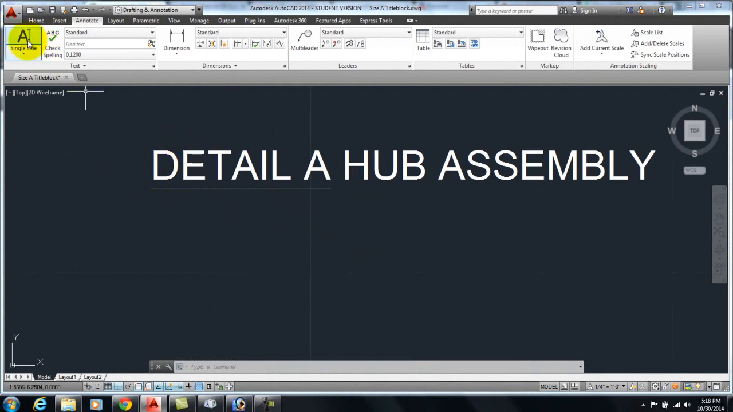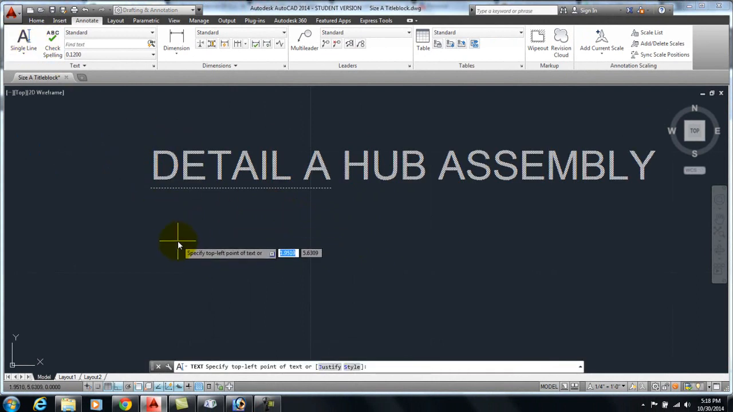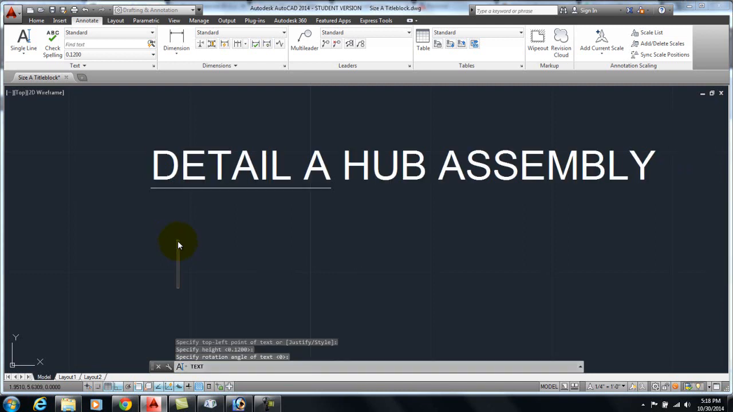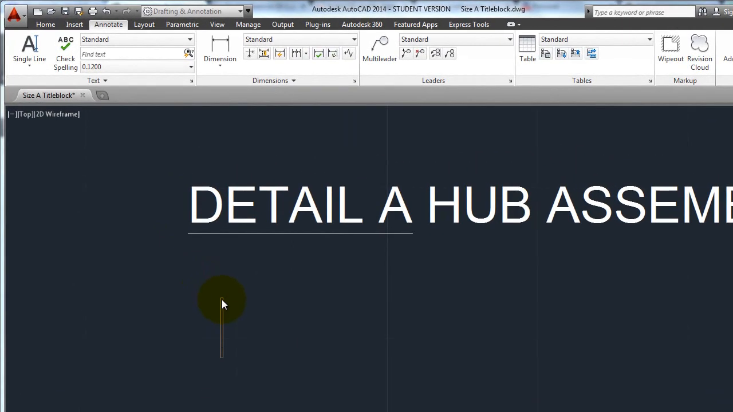So I could go in with single line text, specify my start point, take the default text height, the default rotation, and then I can type in percentage C, and it's going to create a diameter symbol. Now, if you use multi-line text